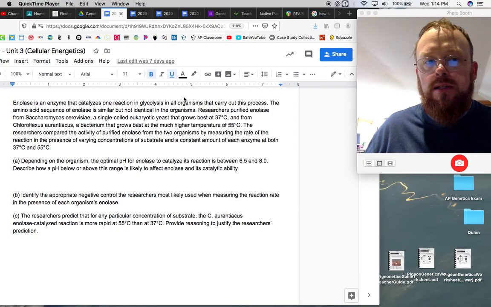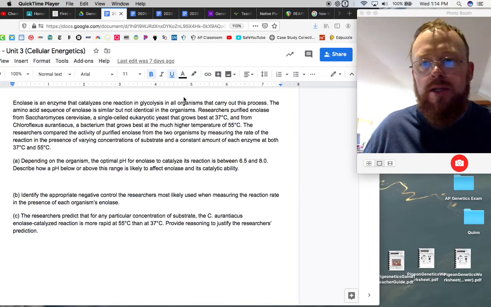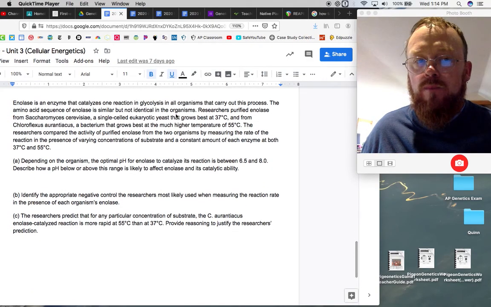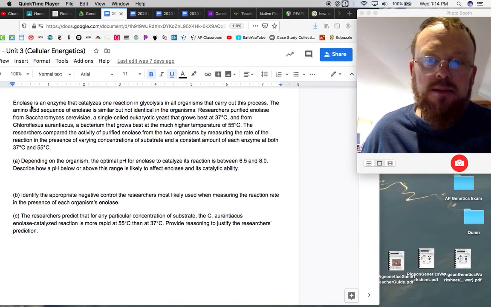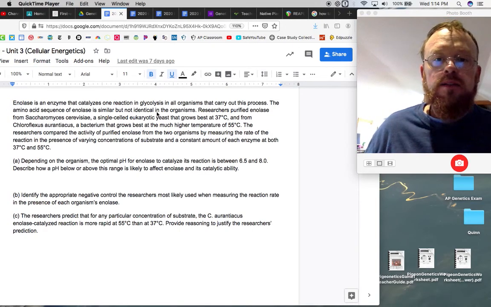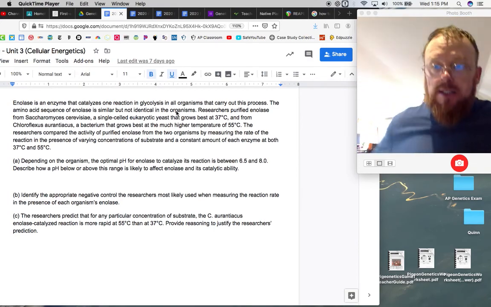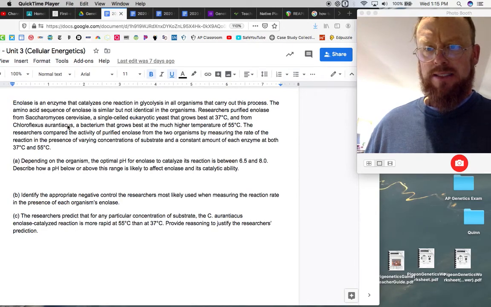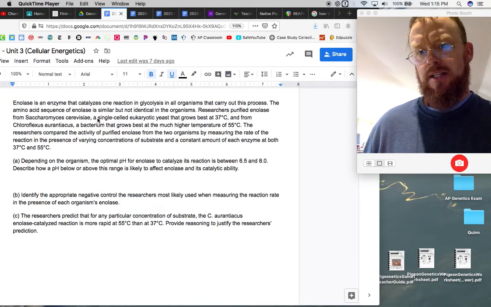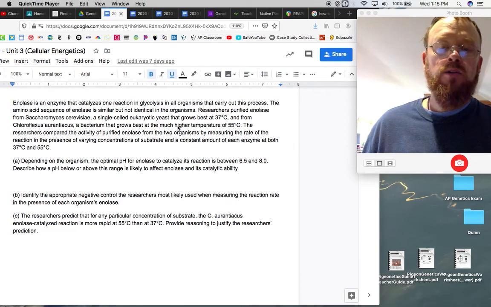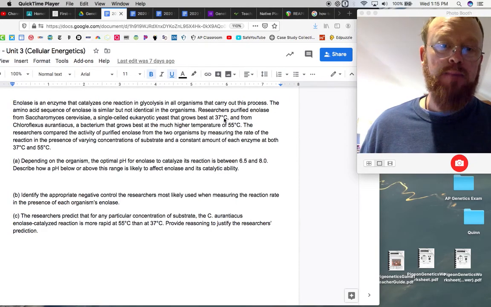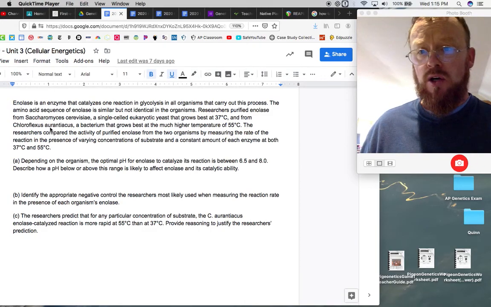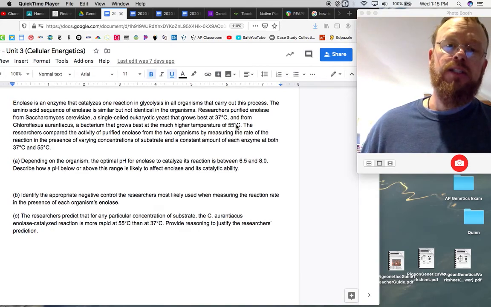This is question number 2 from Unit 3. And in this question, we're given some information about enolase, which is an enzyme involved in glycolysis in 2 different organisms. In one of these organisms, Saccharomyces cerevisiae, let's say, that's an organism that functions best at 37 degrees Celsius as opposed to Chloroflexus aurantiacus, which functions best at 55